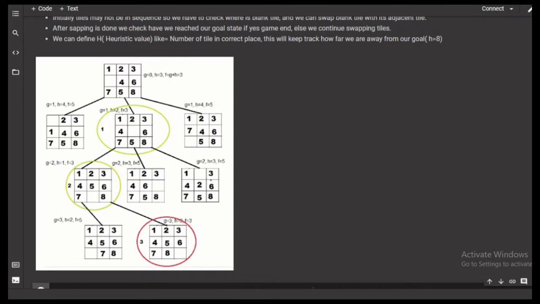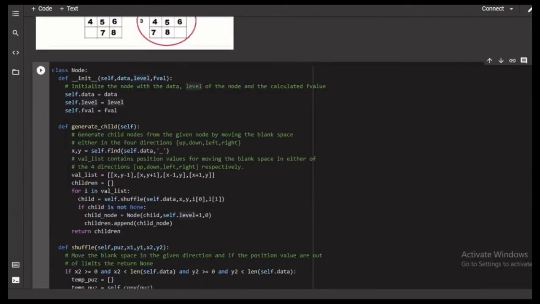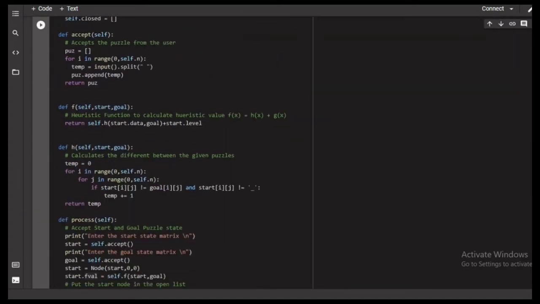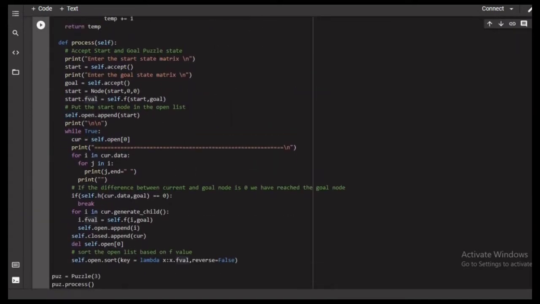So after initializing these three values, we are returning the node. So here is that node, and I'm passing the values as 0 and 0, that is the f value is 0 and the level of the root node is 0, that's why we are passing 0 comma 0.